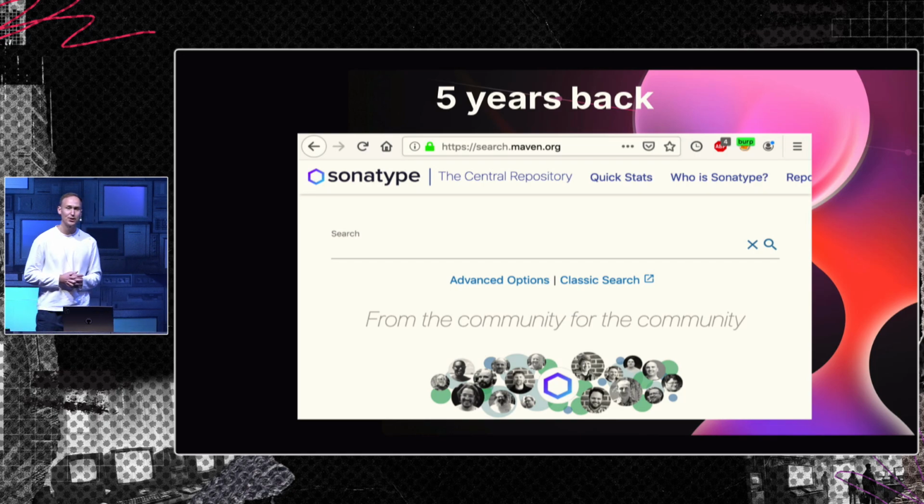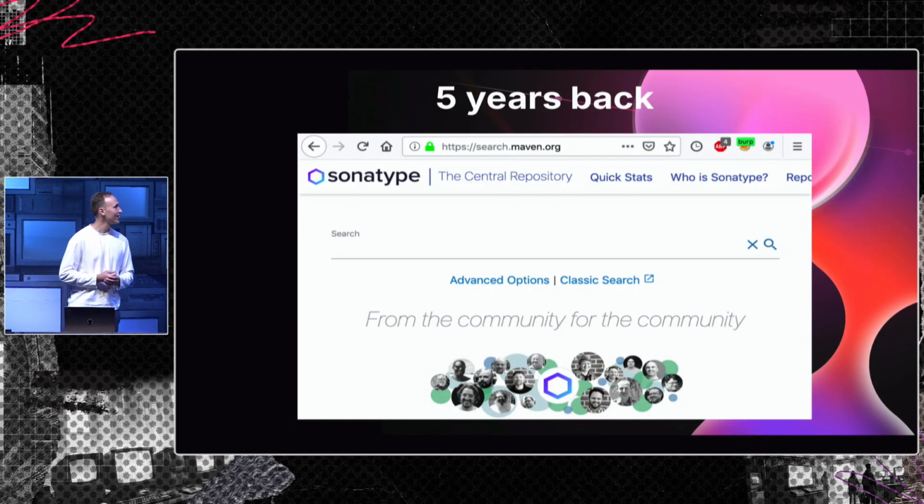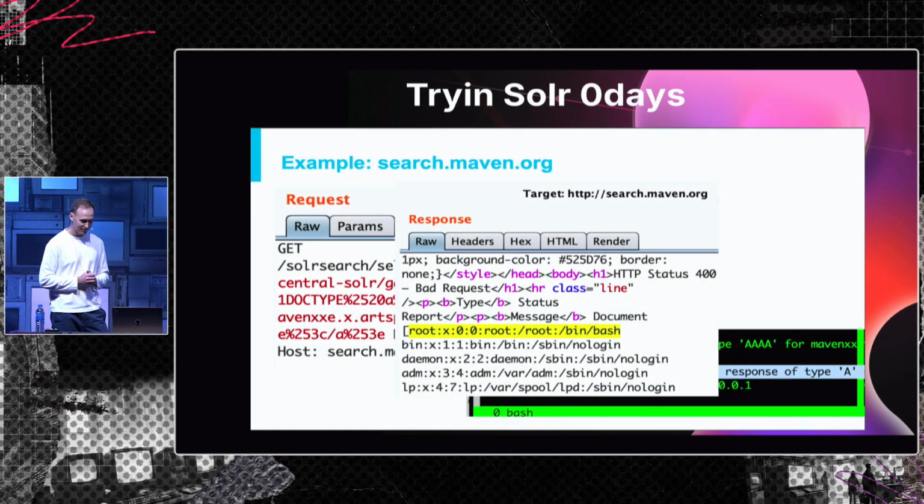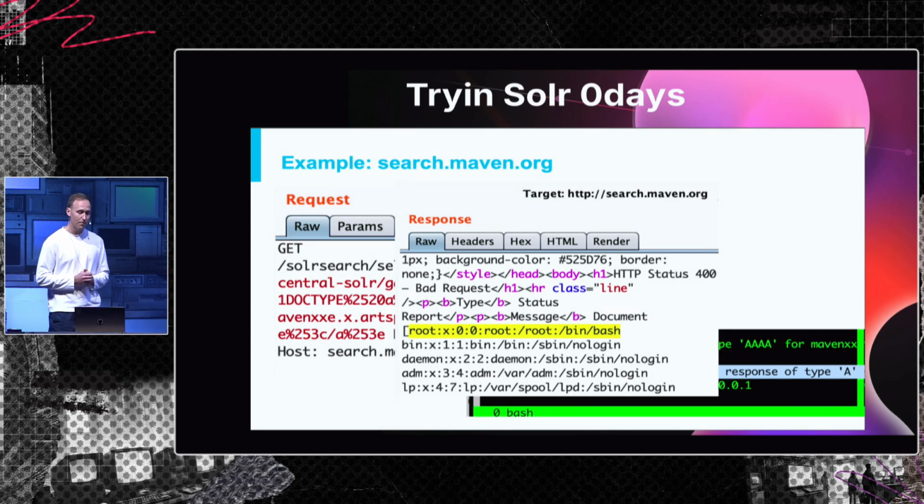This story started about 5 years ago when I had some Apache Solr 0-days. And as any bug hunter, I tried to find these 0-days on public bug bounty programs. And I came across a strange website called search.maven.org. And at that time, I was able to identify an arbitrary file read on that website. I couldn't escalate it further, but I remember a thought in my mind, that if I could potentially break into the main Maven Central,